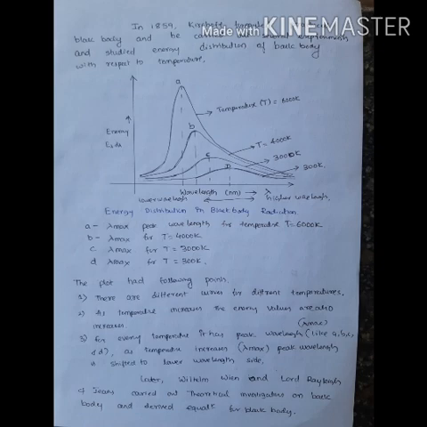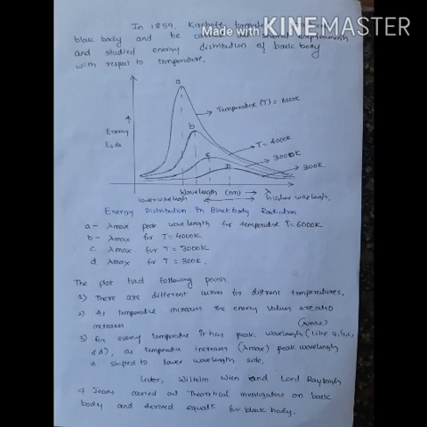There are points like A, B, C, D, which represent the lambda max or the peak wavelength with respect to a particular temperature. On the y-axis there is energy, and on the x-axis there is wavelength. So it is energy as a function of wavelength with respect to temperature. From this curve we can note down some points. The first point is, as temperature increases, the energy density curve also increases.